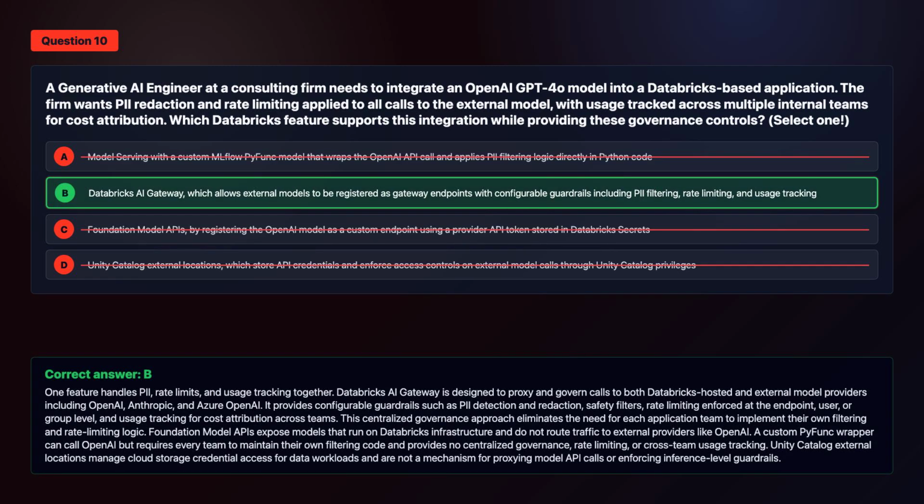The correct answer is option B. One feature handles PII, rate limits, and usage tracking together. Databricks AI Gateway is designed to proxy and govern calls to both Databricks hosted and external model providers including OpenAI, Anthropic, and Azure OpenAI. It provides configurable guardrails such as PII detection and redaction, safety filters, rate limiting enforced at